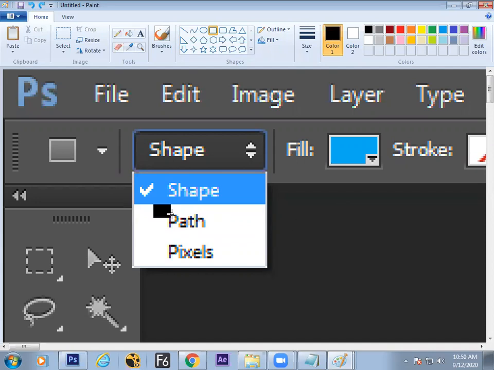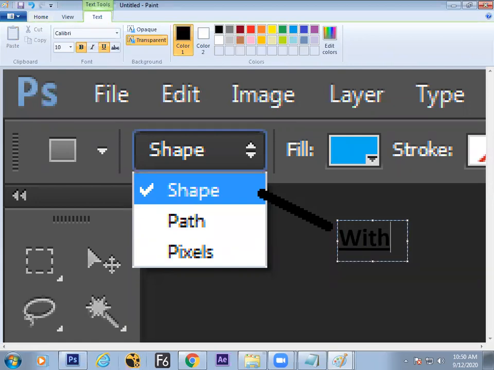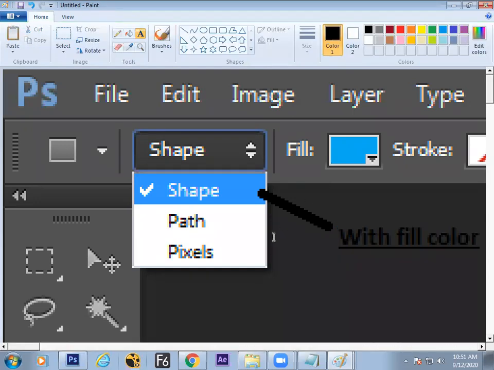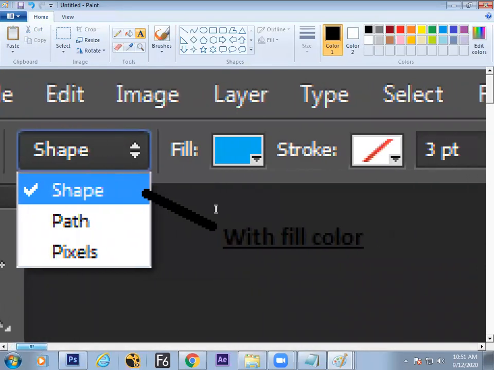If you put this one in path mode, path means only the outline. Okay, remember that. Shape is with fill color. Path is something without color.